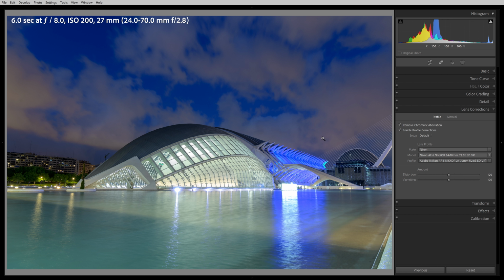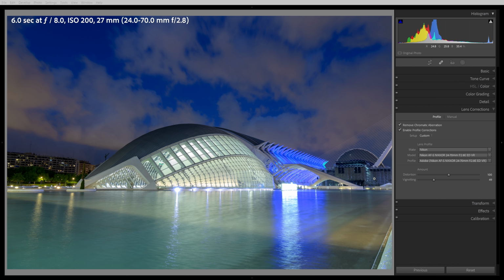If you like the idea of correcting the geometry of the lens but you want to leave the vignetting on, you can always just grab that vignetting slider and just take that back down. But often I'll just leave a little bit of that vignetting in because I like a natural darkening towards the edges of my frame. Now another really important part of architectural photography and making sure it looks good in Lightroom or any other editor